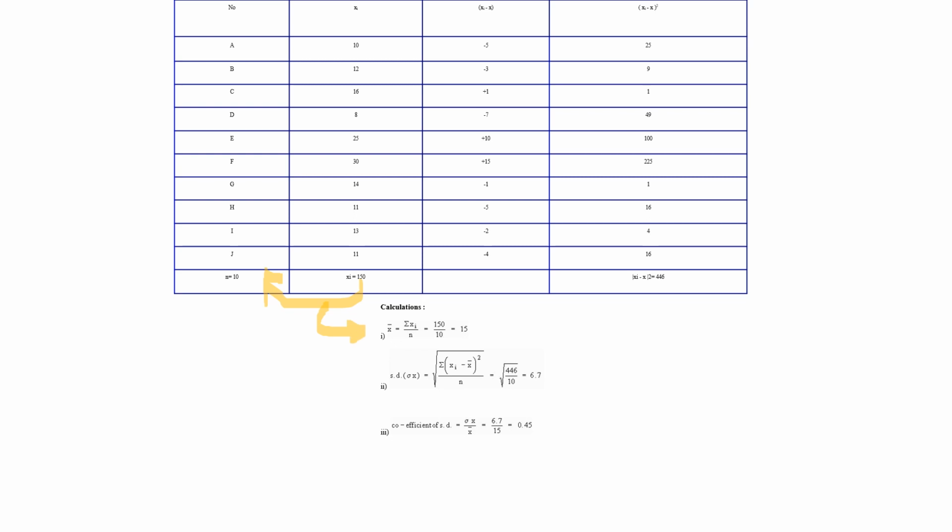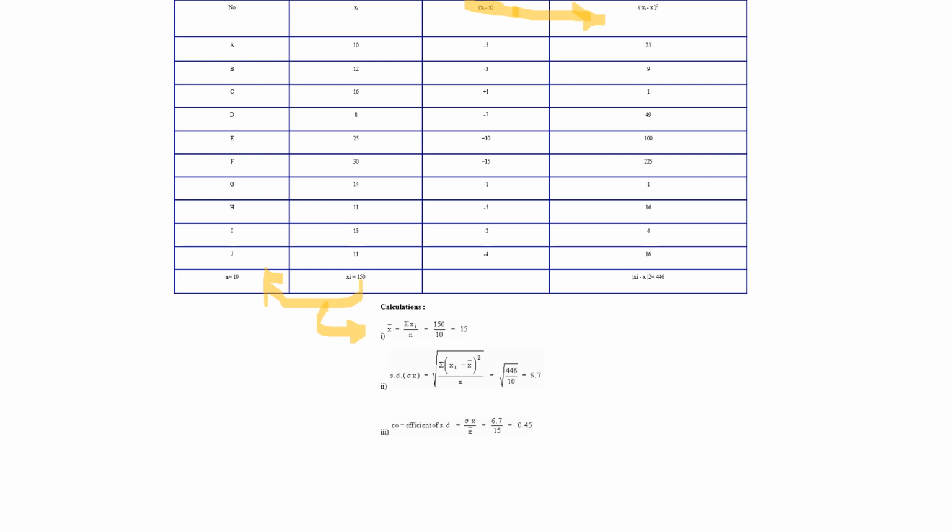So xi minus x bar: 10 minus 15 gives minus 5, minus 3, plus 1, minus 7, and we consider all of them. Then we need to get the square of these. 5 squared is 25, 3 squared is 9, and after squaring and summing, we get